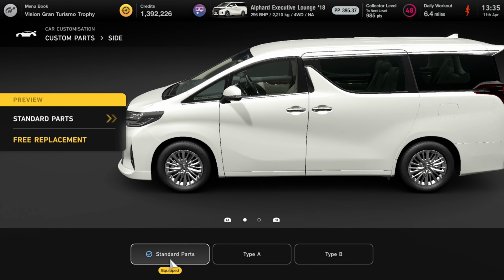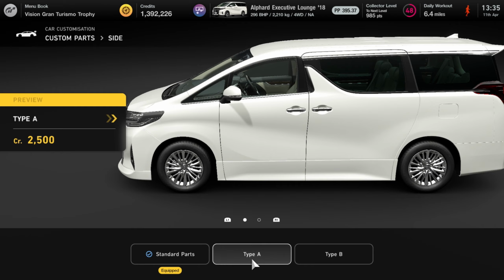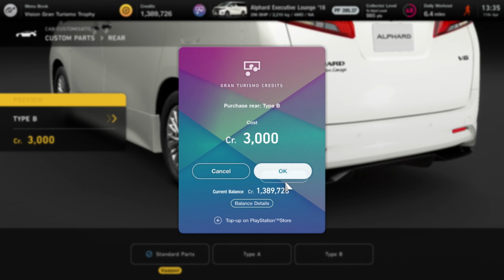Right, so what did I go for? Type A, just so we can maybe match them. Type A, Type B, yeah, I think Type A looks better. Although I'm not sure any of them are necessarily an improvement, but... Oh. Okay, no, maybe we did want to do...